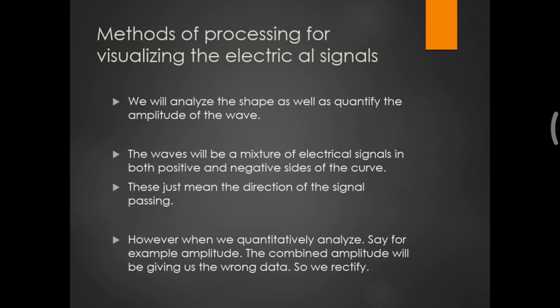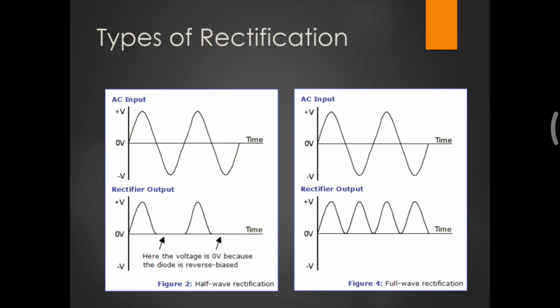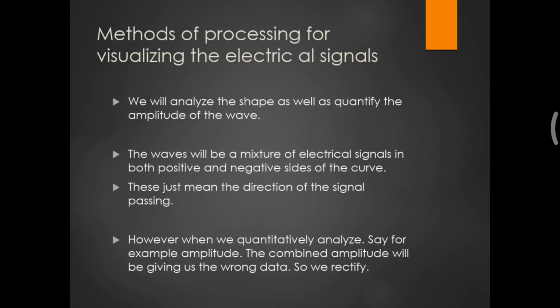The next process is called rectification. Before going to rectification, we need to understand a specific step in order to understand what rectification is. Normally when we look into an EMG, we have two types of analysis we do of the diagnostic EMG. One is from the shape of the waves. We try to identify whether this particular wave is normal or abnormal. This differentiation can be done by observing the electrical signal.